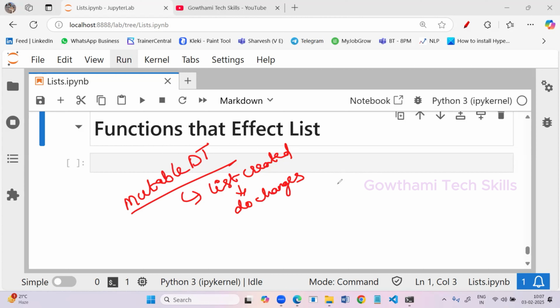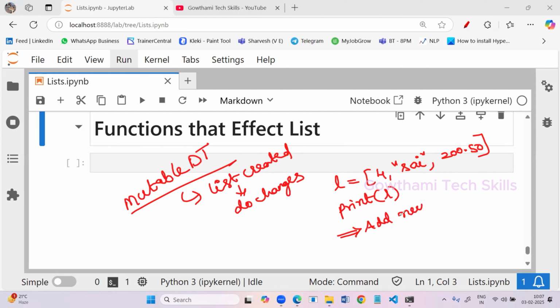For suppose, if I'm having L is equal to 4, Sai, 200, 50, this is my list. If I try to print this L variable, what is the order I have given and how many values I have given, it is going to be displayed for us. If I want to add a new value into the given list,